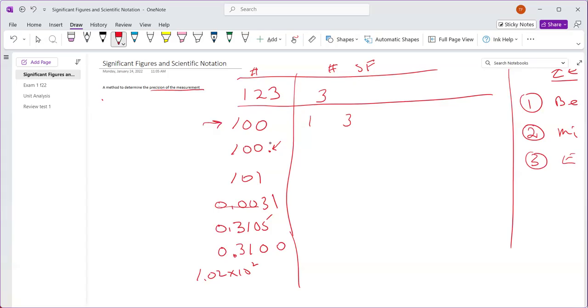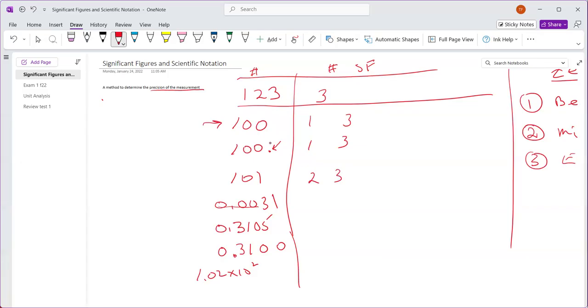All right, so how many sig figs does 100 point have? Okay, there's one. Anyone else? 3. Okay. How about 101? 2, 3. Okay, how about